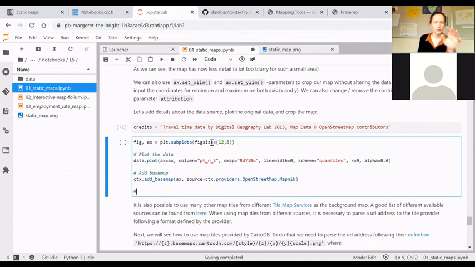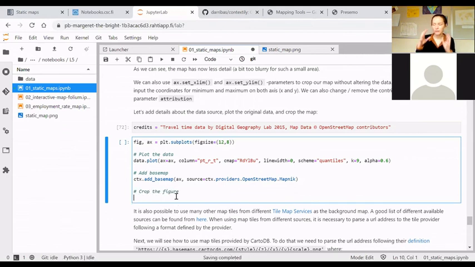But after creating the figure, plot the data, add the base map, we can crop the figure. So this now happens at the level of the subplot. So ax.set_xlim. So this would work with any type of plot. We just plot the data, and then afterwards we just reduce the axes according to some coordinate information. And this needs to be in the coordinate space of our data. I will write this in